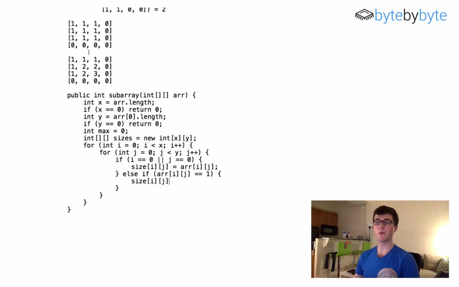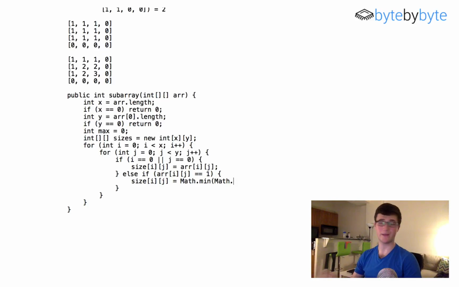is going to, and remember, we're basically taking the maximum of the 3. So in this case, we took the maximum of this. So for this cell, we took the maximum of this one, and this one, and then added 1. And in the case of this cell, we took the maximum of these 3 and added 1. And so that's what we're going to do in each case. So we're going to say sizes[i][j] is going to be equal to math, or sorry, actually we're taking the minimum. So it's math.min of